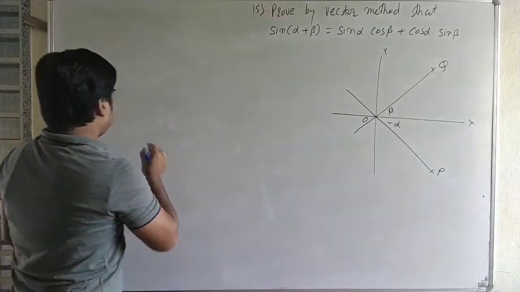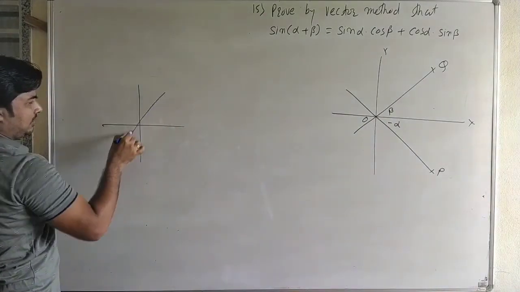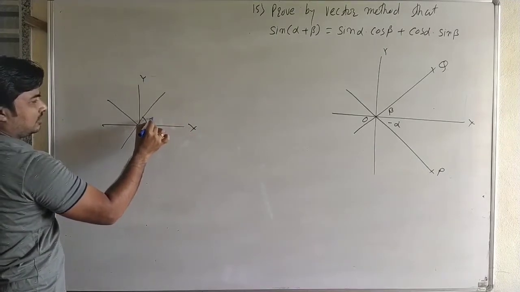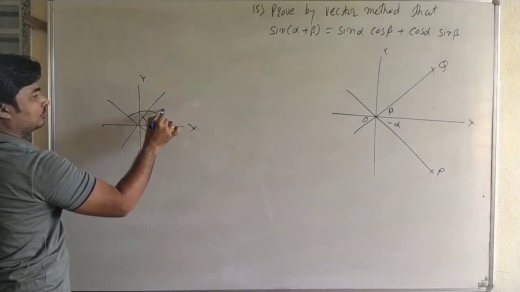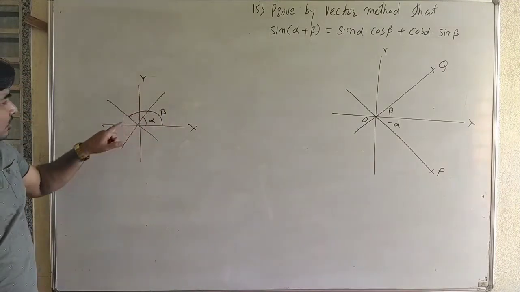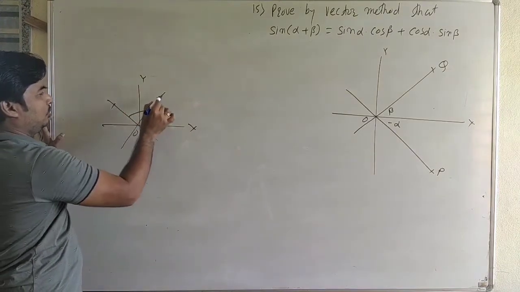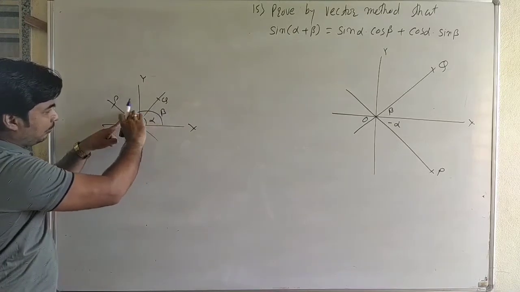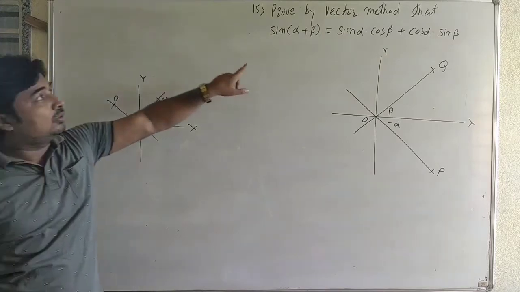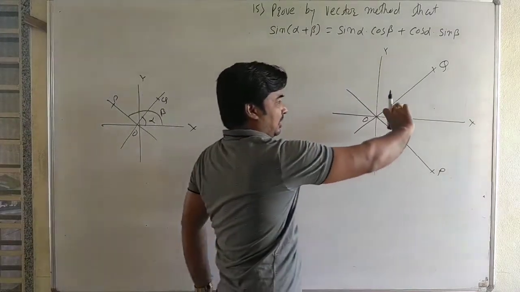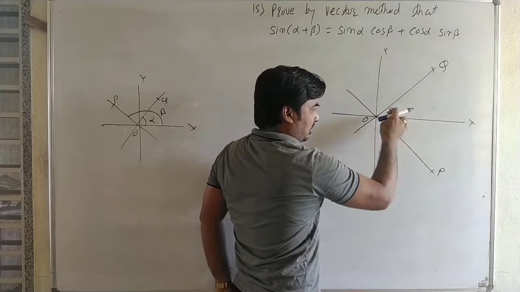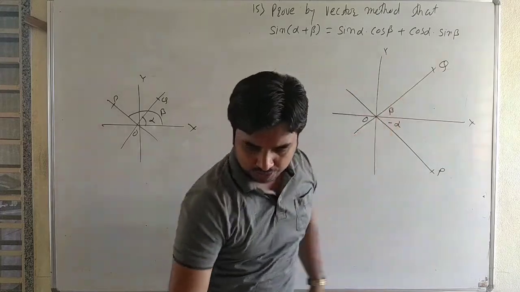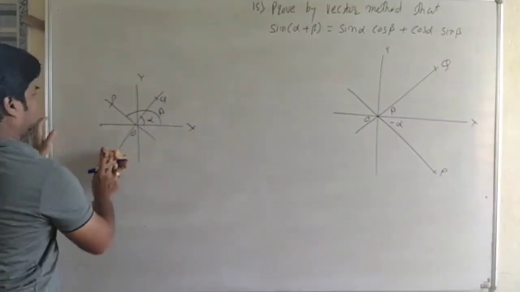Okay, when we take both lines like that, then the inclination, suppose it is alpha and it is beta, then we will not get the addition of the two vectors. Here it is P and Q. Angle between POQ is beta minus alpha, but here we want to find the addition of the two vectors, therefore we take the angles in the standard position in that way. Okay, that is XOP and XOQ.